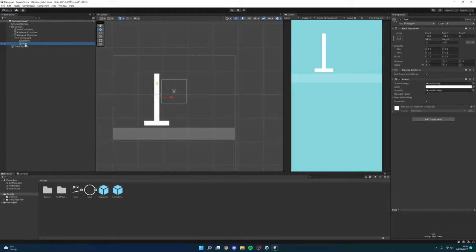Next, I'm going to again duplicate the bottom, and I'm going to call this the top, and I'm going to increase it on the y. I'm going to make that about 85, and then on the x I'm going to drag it across to around about -29. And now I'm also going to duplicate the top, and I'm going to call this support,